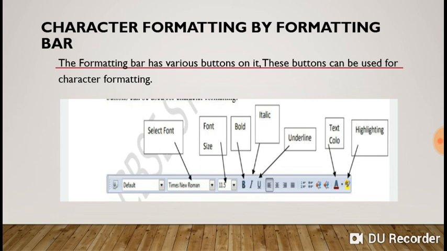You can see font, font size, bold, italic, underline, text color, and highlighter for highlighting the text. You want to highlight the text? Yes, we can also highlight, and this option we will discuss later on in detail. So these are the options on the formatting bar also, and yes, we can select these directly from the formatting bar as and when required.